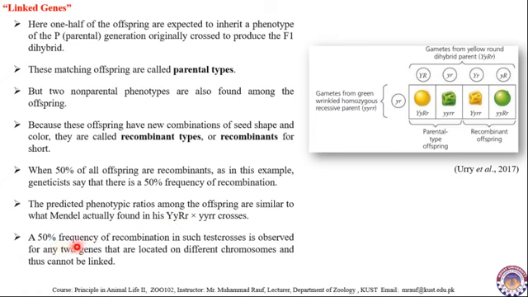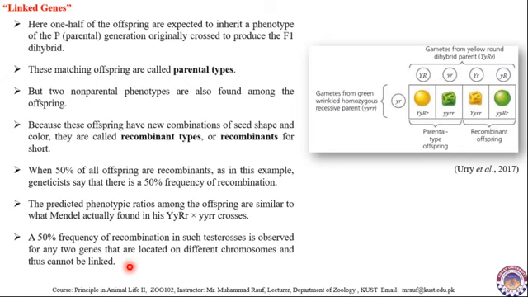A 50% frequency of recombination in such a test cross is observed for any two genes that are located on different chromosomes and thus not linked. It means if the genes are located far from each other, then the crossing over event can separate them and they may end up in different gametes,